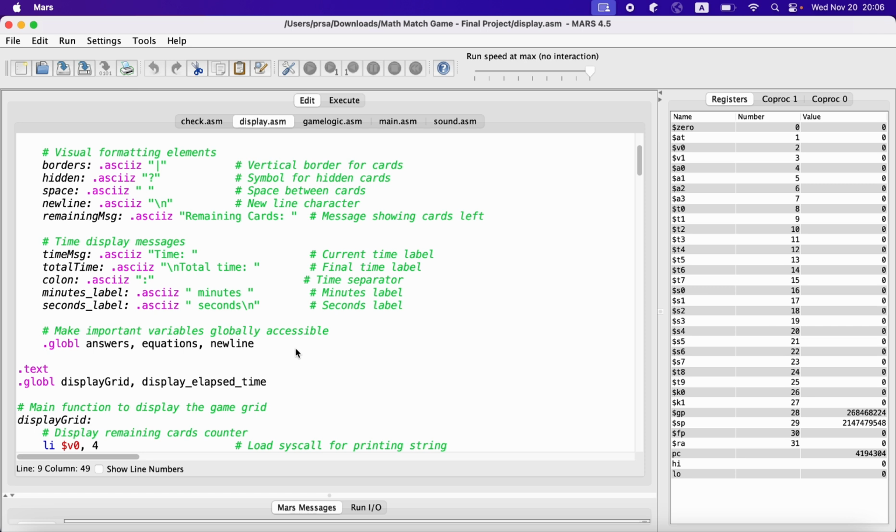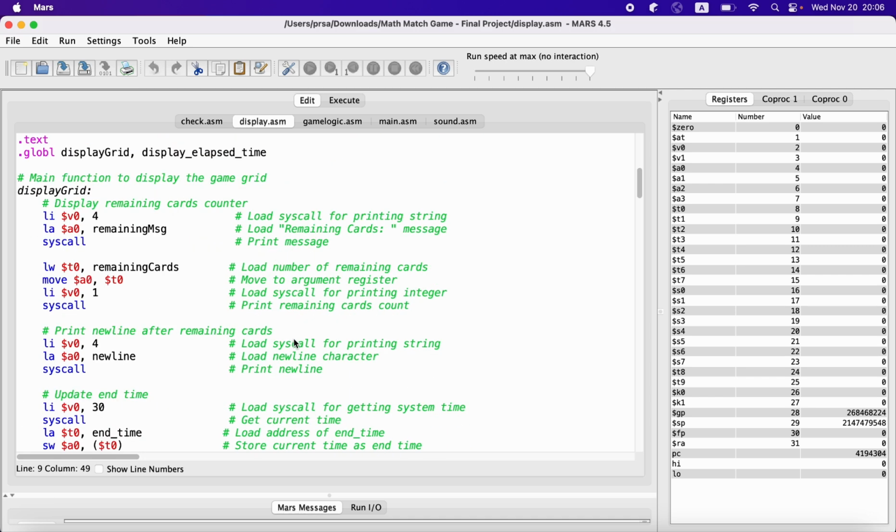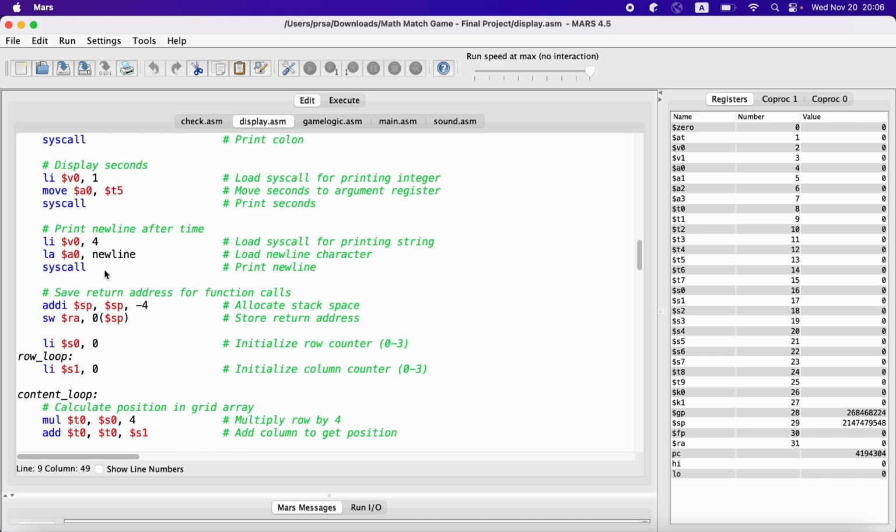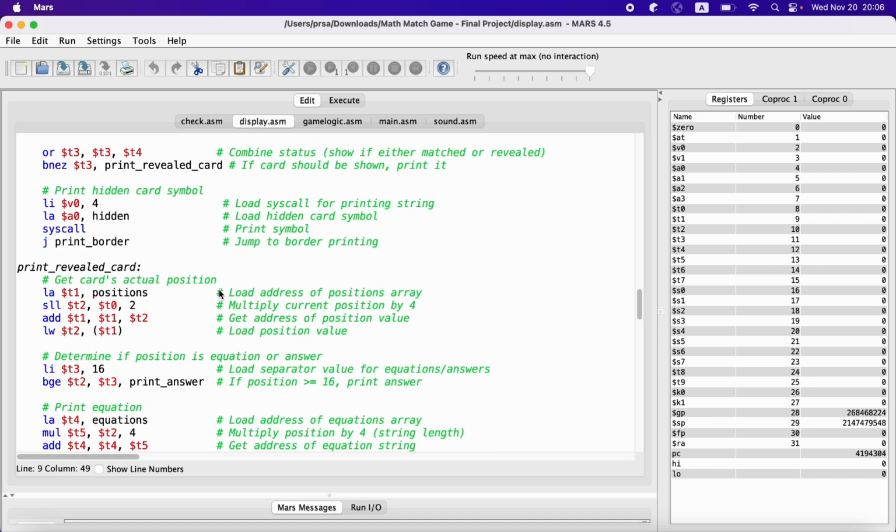Basically, the display shows game status like the remaining cards counter, current game time, and match feedback messages, which would be match found or no match, try again. As you can see, we use the display grid function here. That would be the main function in the display file, and also